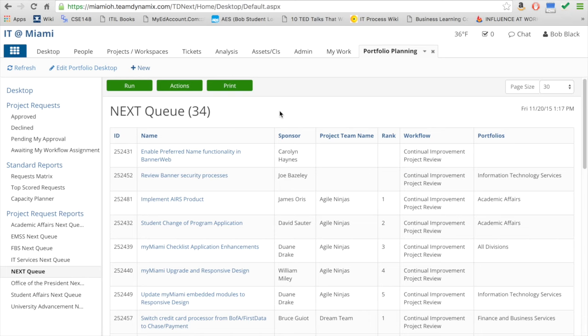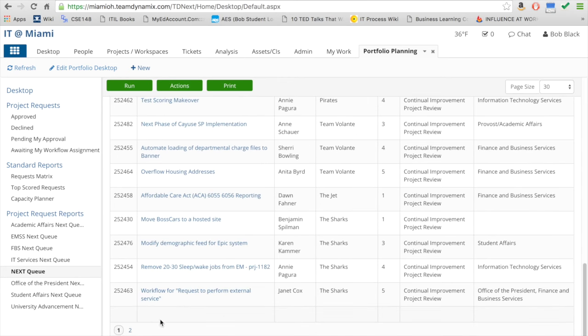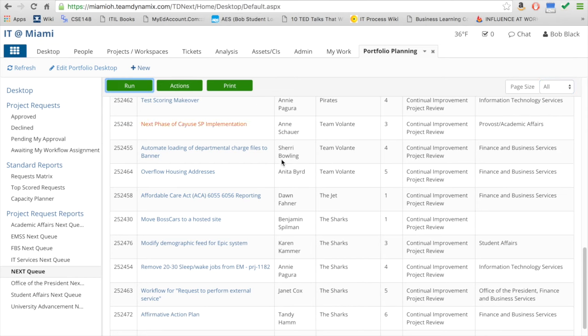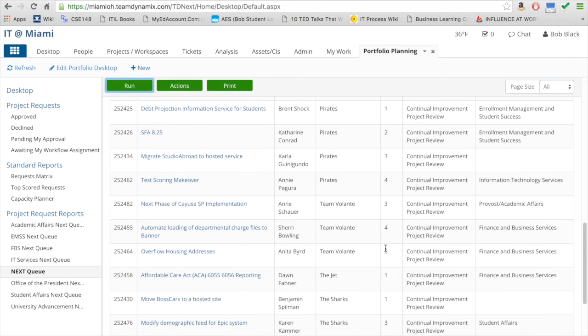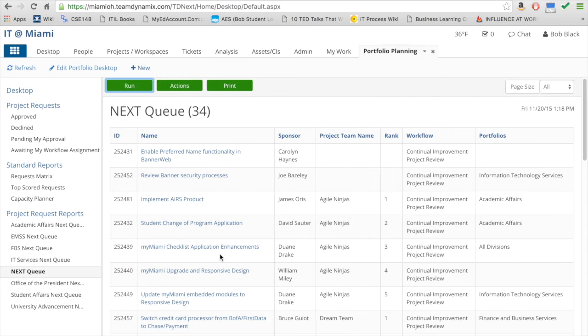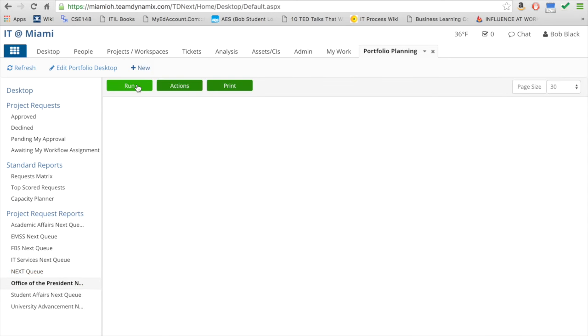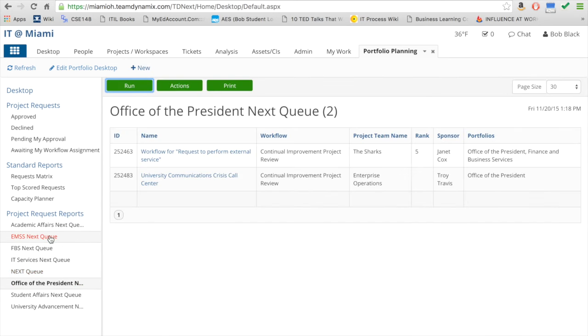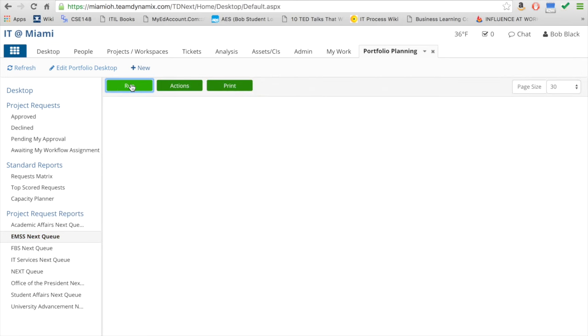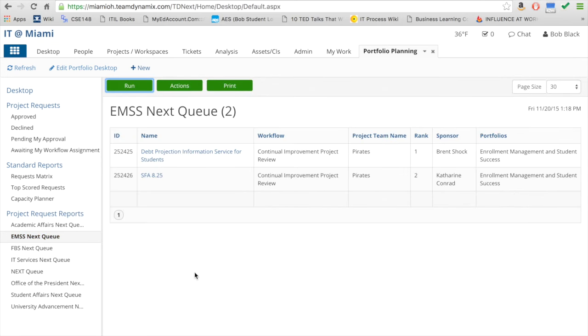A few other pointers for viewing the next queue report in TeamDynamix. You can adjust the page size to view more or fewer requests per page. We have created a report for each engagement team to view only those requests included in your portfolio. Lastly,